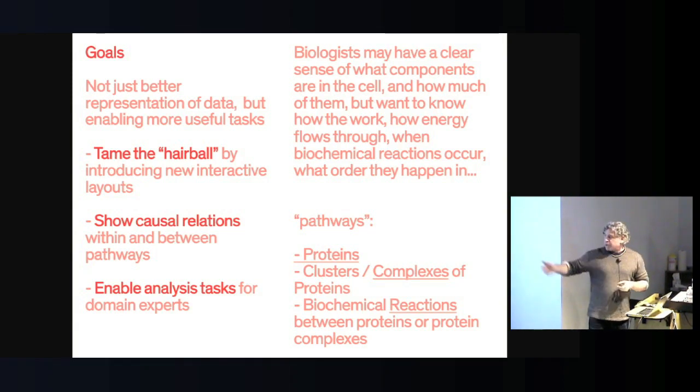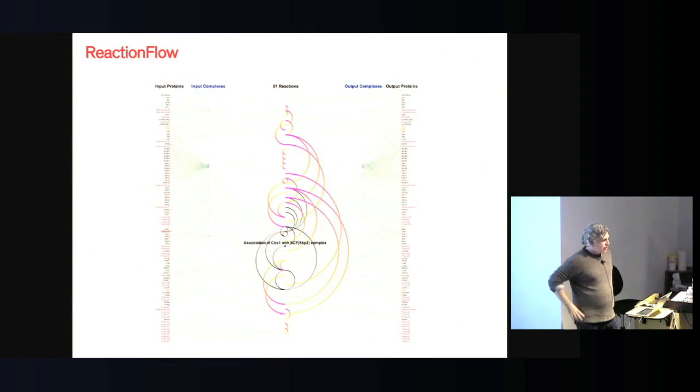And to enable a wide range of analysis tasks, which I'll mention briefly, for different domain experts. The biologists may have a clear sense of what components are in the cell, although actually they really don't, and how much of these components there are, but they want to know how they work, how energy flows between them, how information flows between them, when the biochemical actions occur, what they occur in response to, and what order they happen in. And so one of the first projects that me and my colleagues at UIC worked on